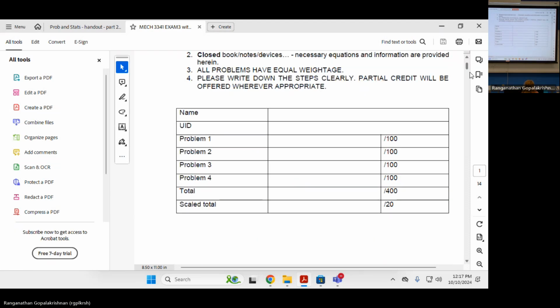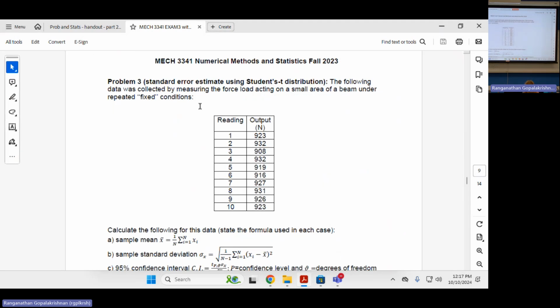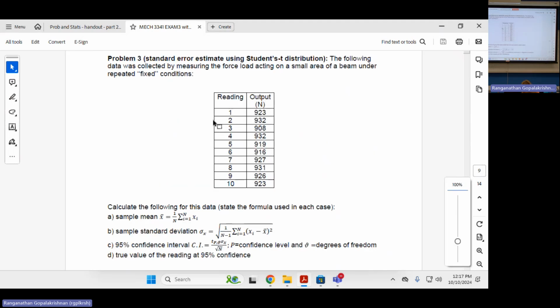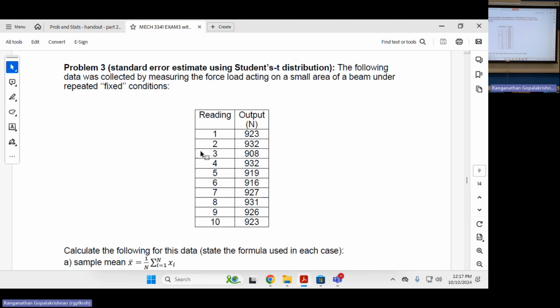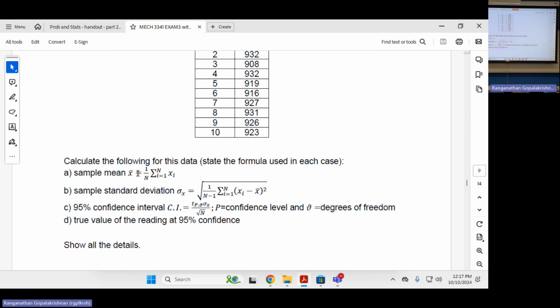Okay. So here is the problem. We are going to attempt this now. The following data was collected by measuring the force load acting on a small area of a beam under repeated fixed conditions. So they are all part of the same experiment. There are 10 readings with outputs given to you. Calculate the following. State the formula used in each case. I mean, the reason this is written here is because this is the solutions part. In the actual exam, it will just be sample mean. Nobody will tell you this formula. You are supposed to know that. Okay. So